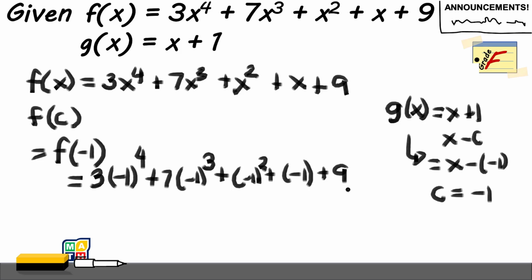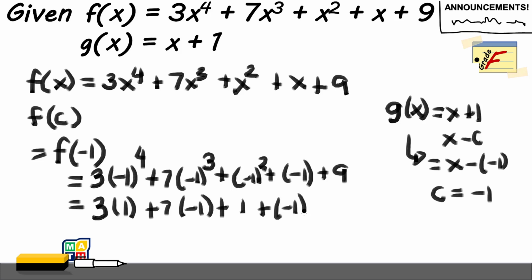So again, without even using the synthetic division, we can come up with a remainder. We know that it's 3. Negative 1 raised to the power 4 is just positive 1. So 3 times 1, or if you would like to, yes, you can do it like that. Next, 7. Negative 1 raised to 3, the exponent is odd, so this is still negative. Here, negative 1 raised to 2 is just 1. You still have here minus 1, and you will have here 9.